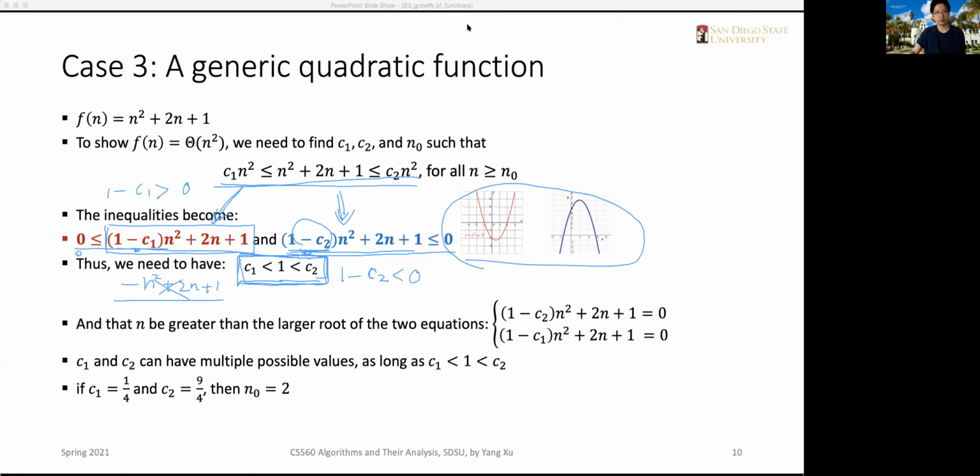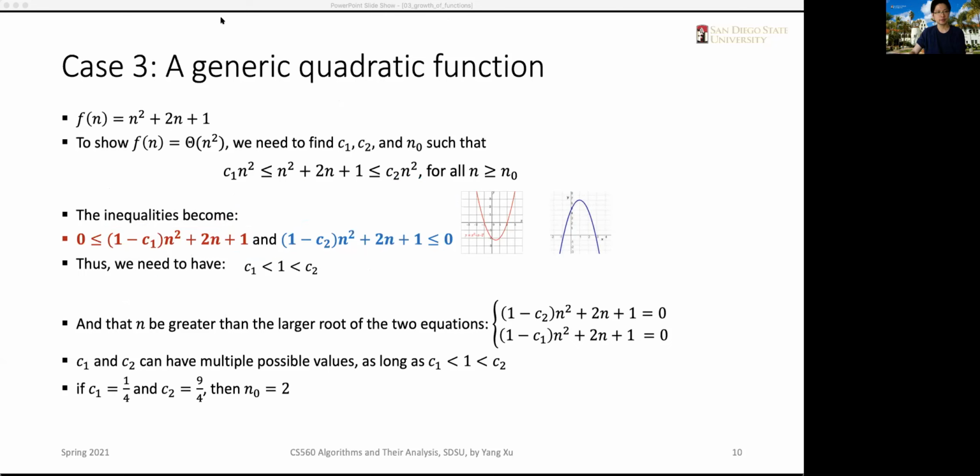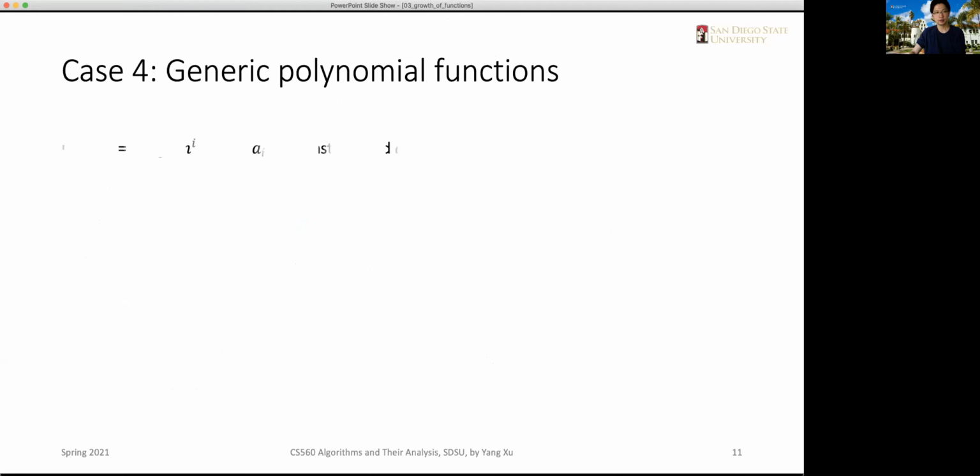All right, so that's for the generic quadratic function case. So now let's look at more general polynomial functions. We are stepping into a more general case. Say there's a general